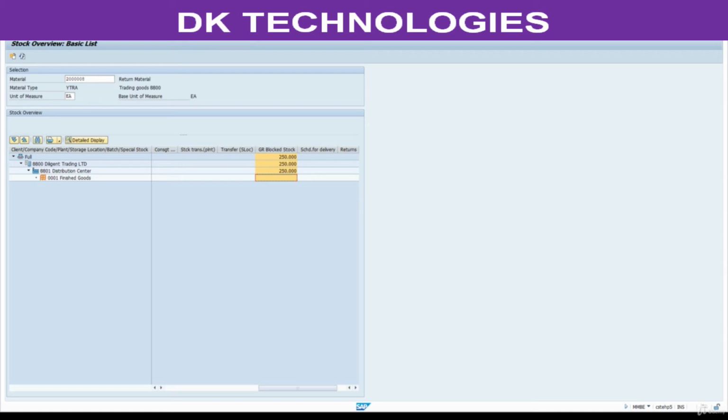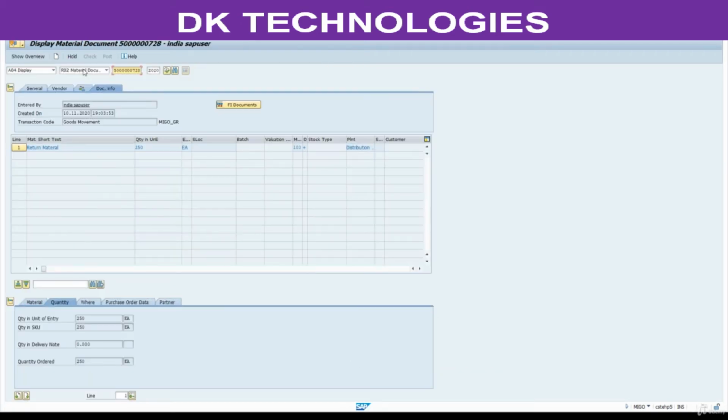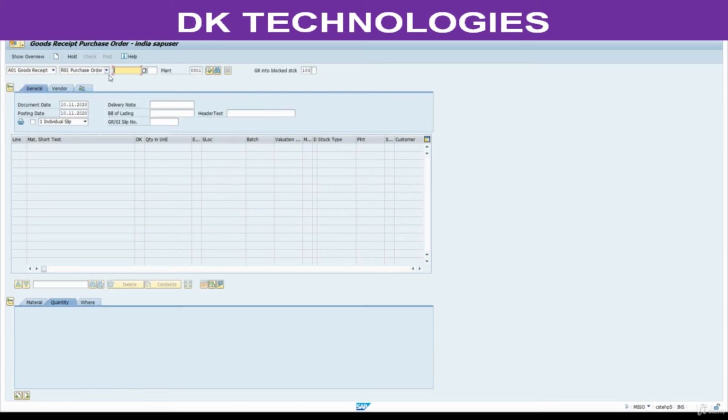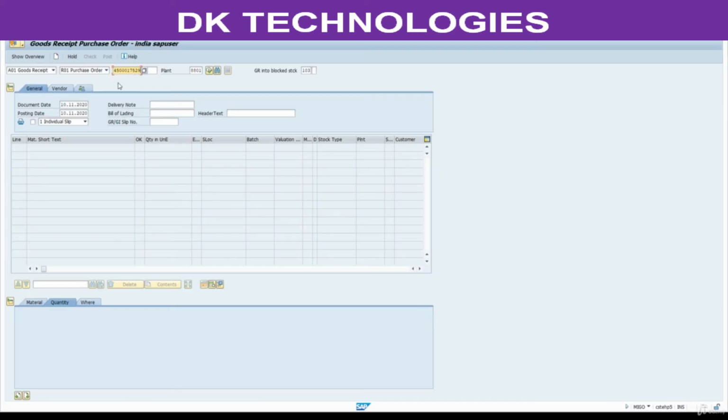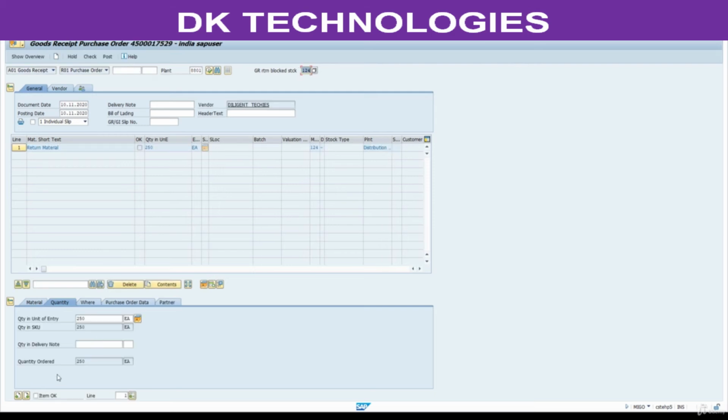Go to MIGO. Here, goods receipt. Select purchase document, that is purchase order. Here we need to use 124. Select this, item is okay.